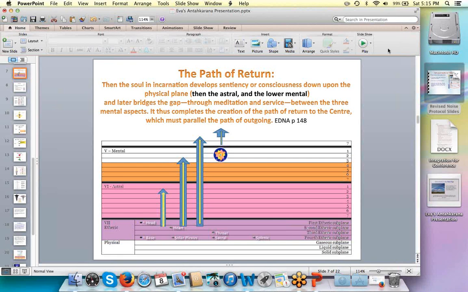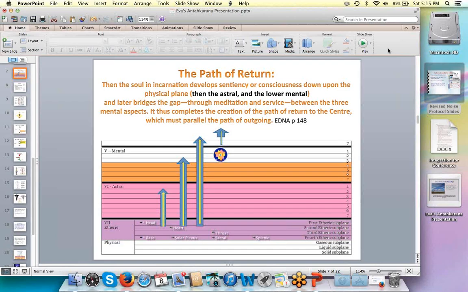We have a question from Marion Ryan. Marion's question is, would the monadic ray hold a stronger ray link in the Antahkarana than the soul and personality rays? Okay, I think I understand the question. See, the Antahkarana is the thread that we are building, and if we are building that, then it's our consciousness that we are building it out of. That is the emphasis for the Antahkarana. The monad,